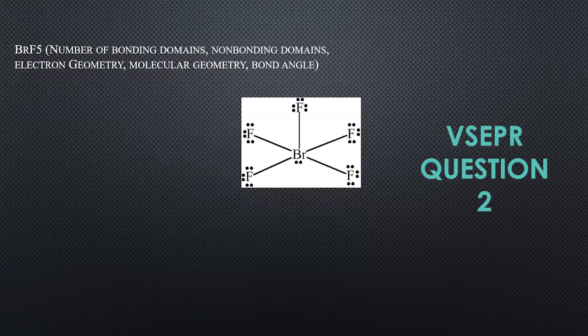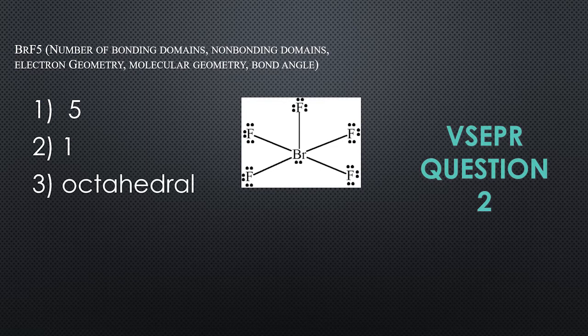BrF5: number of bonding domains, non-bonding domains, electron geometry, molecular geometry, and bond angle. So in this question, he wants us to identify all of these elements, and the BrF5 Lewis diagram is drawn for us to help us in answering the question. As we noticed, the number of bonding domains is five. One, two, three, four, five. So yes, the number of bonding domains is five, and the non-bonding domains is one,